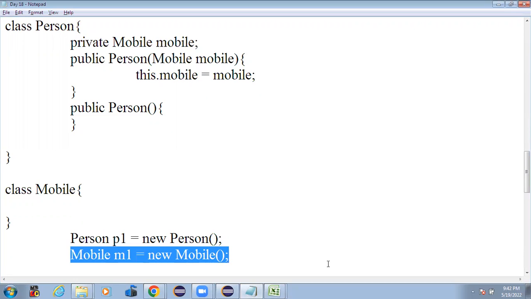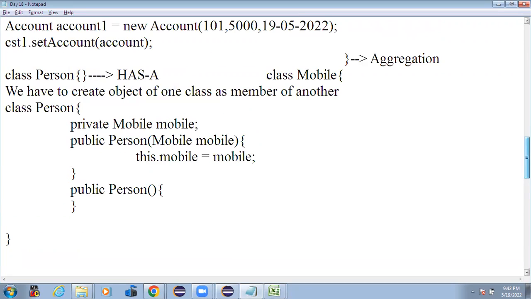If we want to give one person multiple mobiles, then in that case we need to specify a list of mobiles. So I have to write like this: List of